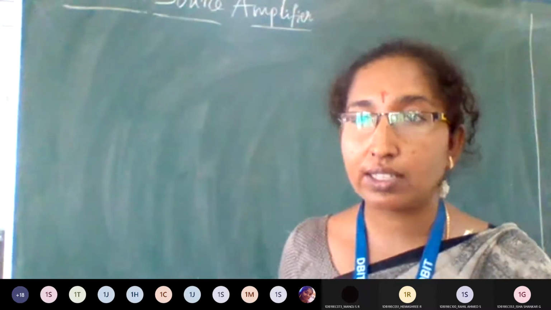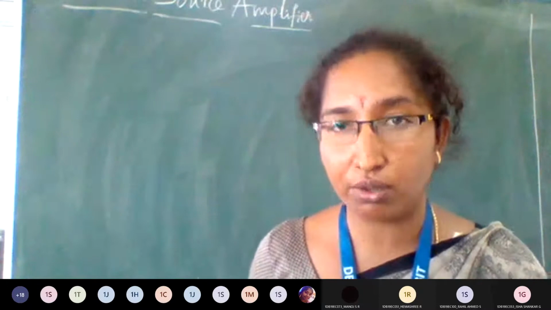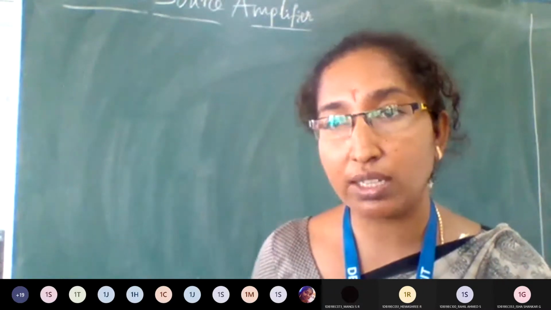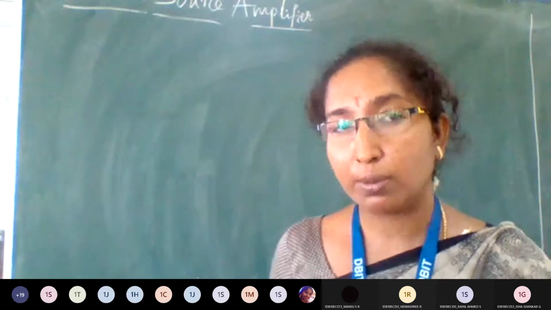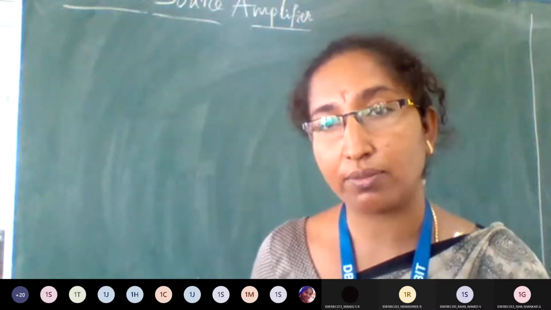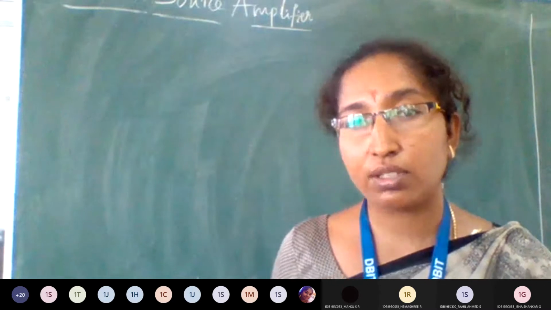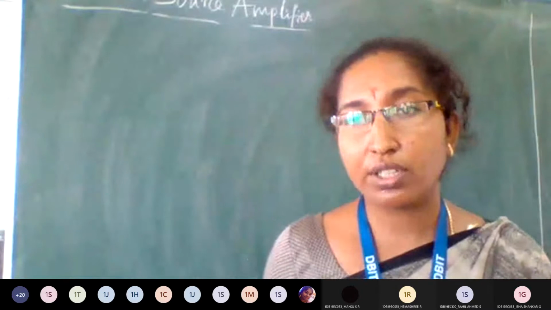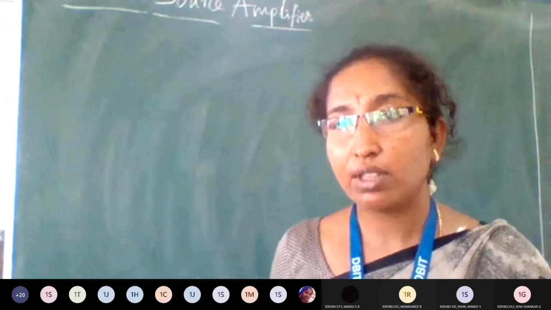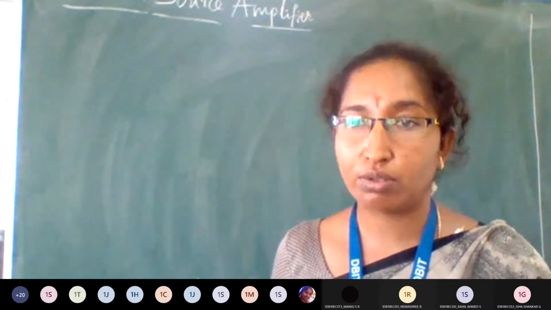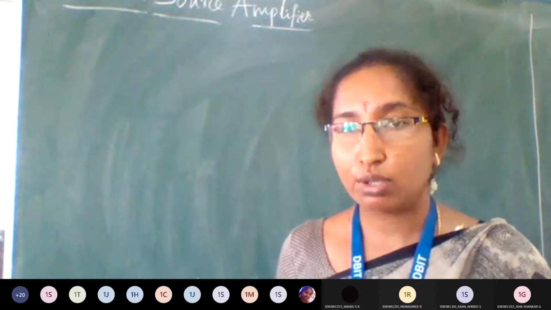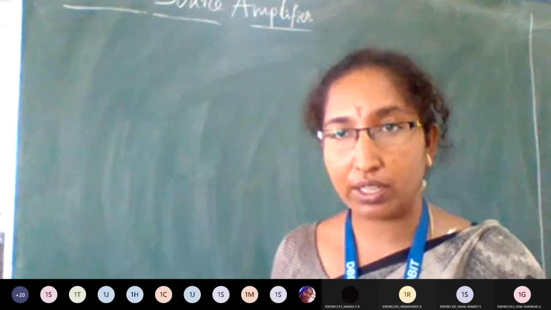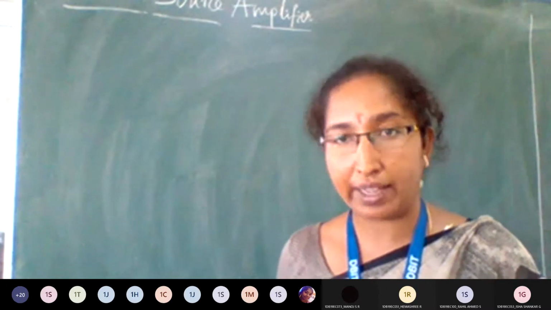Last class I told you the first thing is you're going to write a circuit based on the configuration. Later you're going to write a small signal model, that is the hybrid pi model. You're supposed to write it for the particular circuit. So first we'll write the circuit for the common source amplifier. Here we are not considering any biasing circuits, only the amplifier. So I'm not doing any voltage divider. Whatever circuit you are familiar with from the last class, we showed for the three configurations, the same circuit I'll be writing again.